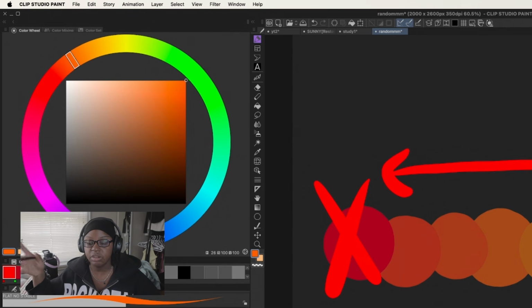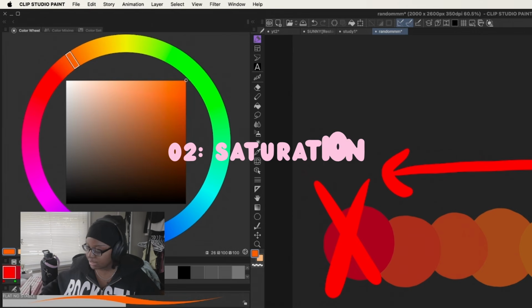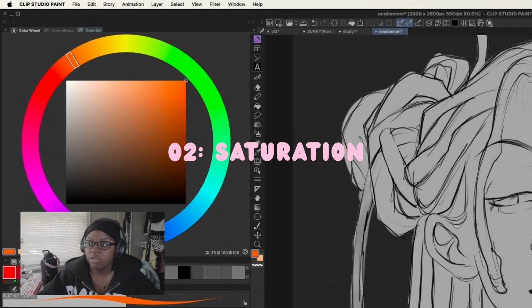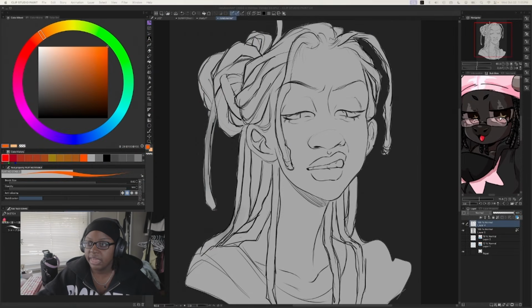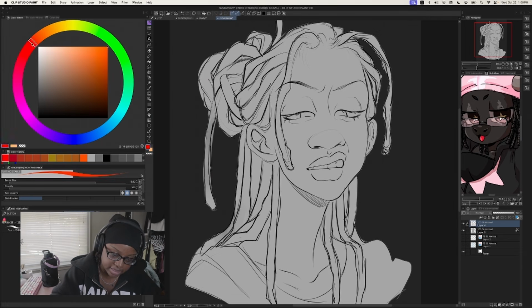It works with any skin tone, but specifically I wanted to talk about brown skin tones in that section. Number 2 is saturation. A lot of artists struggle with the saturation of dark skin tones that I have noticed. They either make it not saturated enough or too saturated. You just have to make sure within this section here not to lean too much towards the left or the